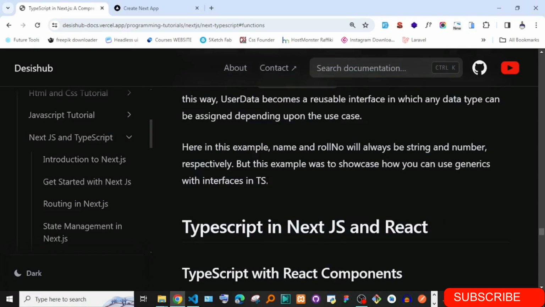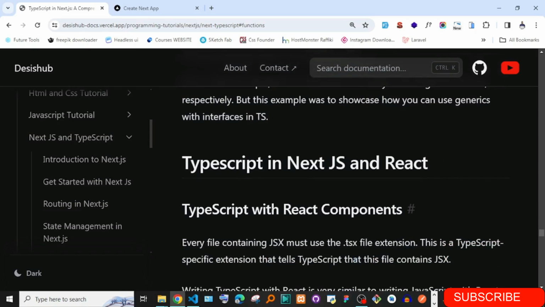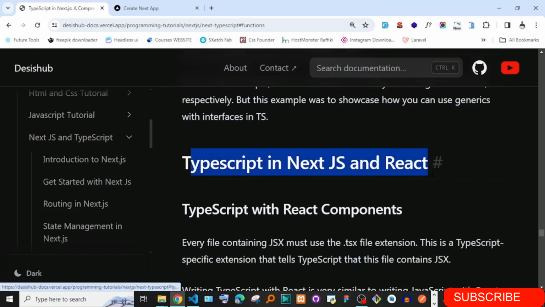We have looked at all the basics in TypeScript, and the next thing you're going to look at when we come back in another episode, we're just going to be looking at TypeScript in Next.js, where we look at things like how do we use it in useState, hooks, creating buttons, creating the nice things we have been doing, and using it in a more robust way. Okay, so this is going to be coming up next, in the next episode.